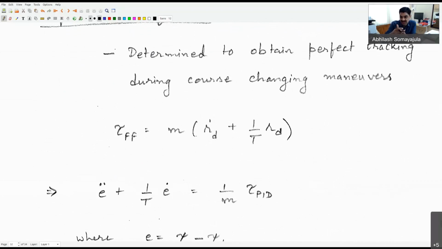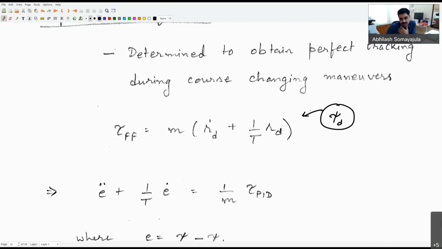As my course is changing, it allows me to have perfect tracking. What it means is that I'm assuming that the desired heading angle, psi d, has a dynamics